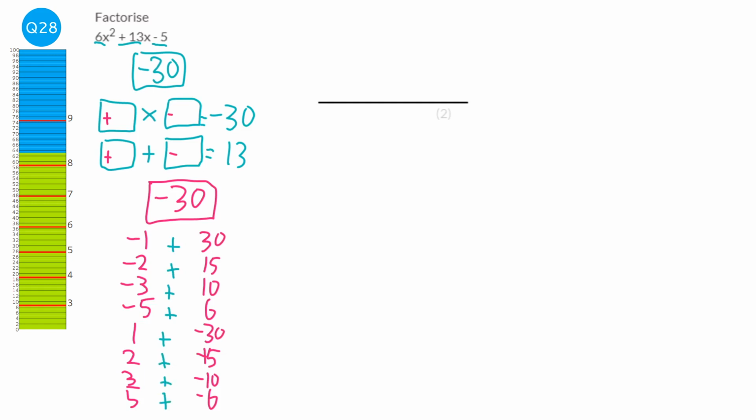So just looking down the list, this one here will make 13, won't it? Because -2 plus 15, or 15 take away 2, is 13. So the two numbers we're looking for are +15 and -2. I'm going to rewrite the question now, but instead of the +13x, we're going to split it up into the +15 and -2, or the other way around. So we could do 6x squared -2x +15x